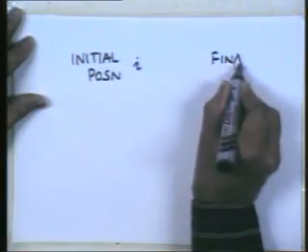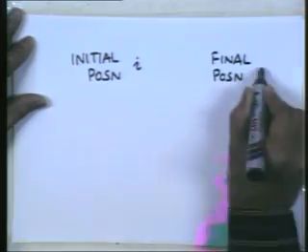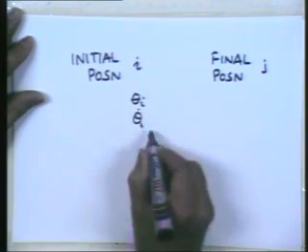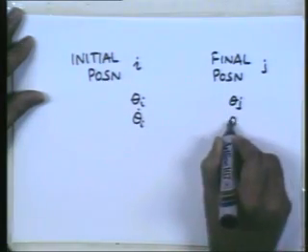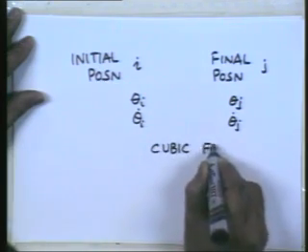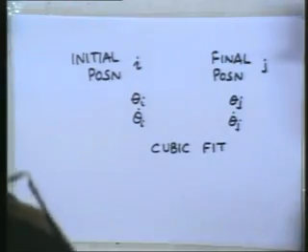When we look at the joint space trajectory planning, we look at a particular way in which we would like to do that, in the sense of a specified initial position I to a final position j, or some other position j, with specified velocities and position at these points. So theta I dot, theta j dot being given, we showed how a cubic curve fit can be achieved in the joint space.